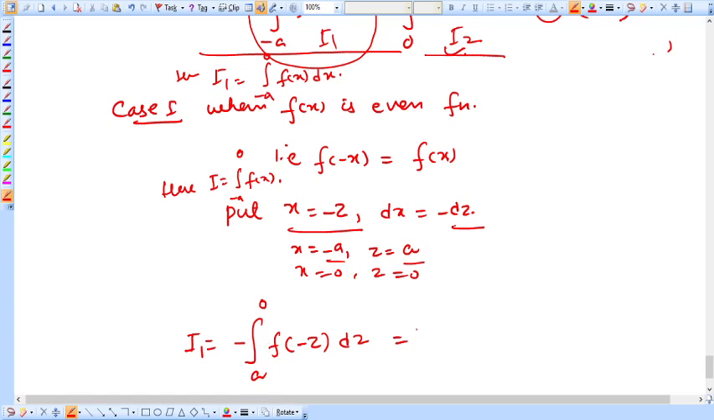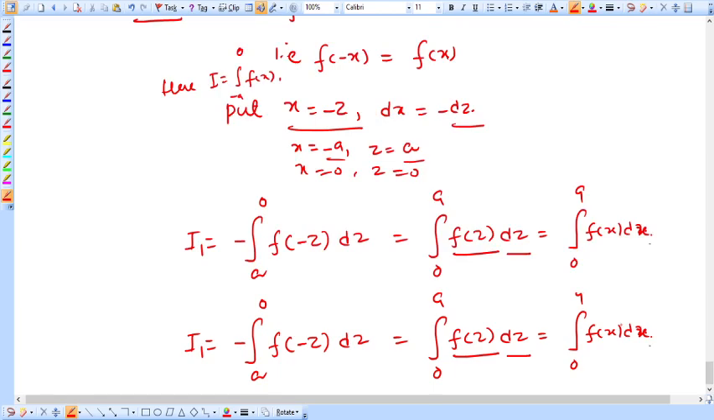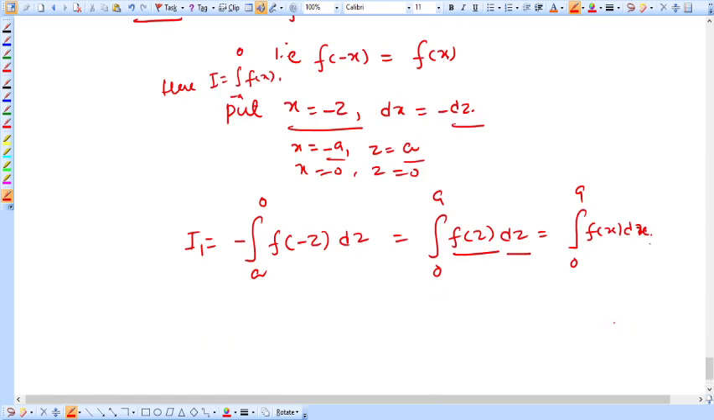नाउ यूजिंग द प्रॉपर्टी 2 वी गेट 0 to a, माइनस साइन खत्म हो जाएगा, एंड इनसाइड यू विल बी हैविंग fz dz. ओके, ऑल्सो यूजिंग प्रॉपर्टी नंबर 1 वी गेट 0 to a fx dx. ओके, dx. सो आपका f of x कितना आ गया, I of 1 कितना आ गया, ये आ गया है. ठीक है, therefore you can write I is equal to 0 to a f of x dx plus 0 to a f of,